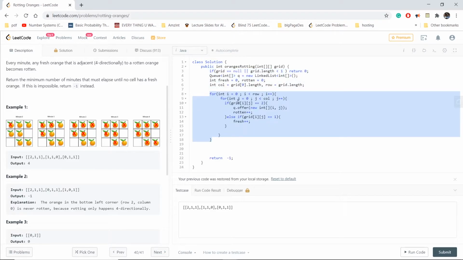This is where we initially iterate through the grid and add the rotten oranges into the queue, and we also count the number of rotten and fresh oranges in the existing grid.